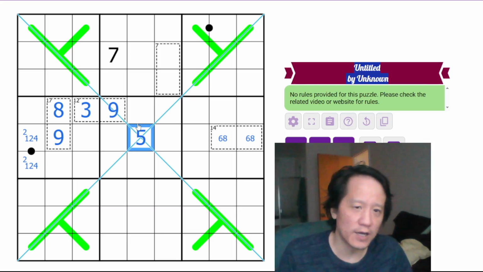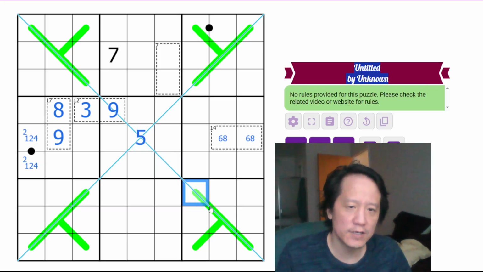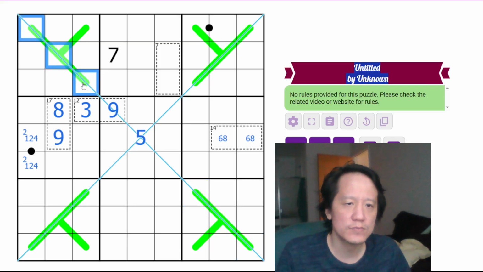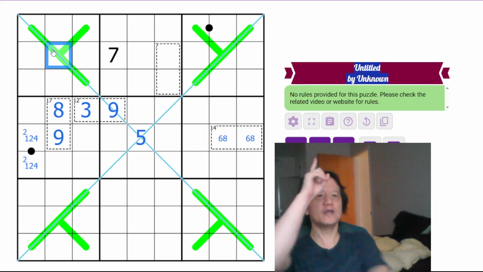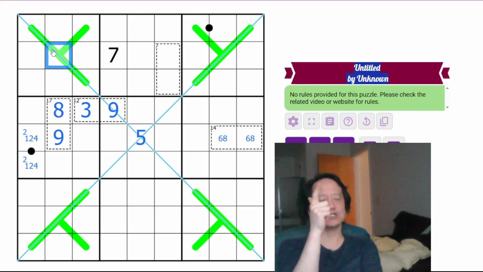What else do we have? We have 9 cannot be... Actually, let's go here. This digit is in between 3 unique digits on a German whisper line. Same with this, same with this, same with this. The thing is, to be next to 3 unique digits on a German whisper line, you have to be either